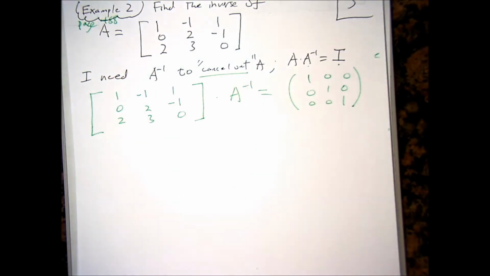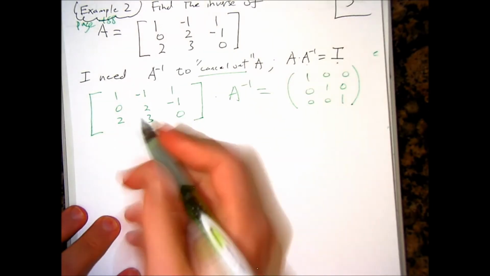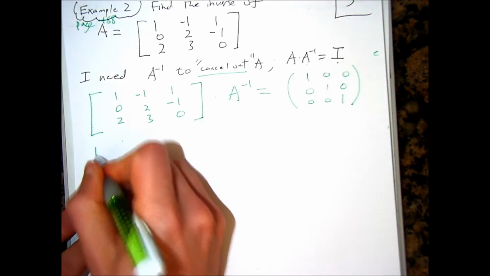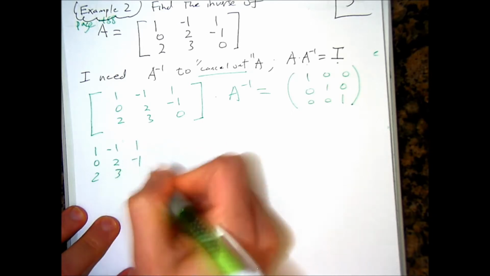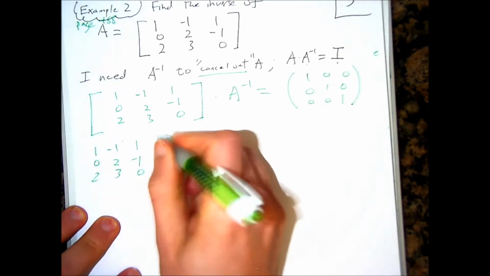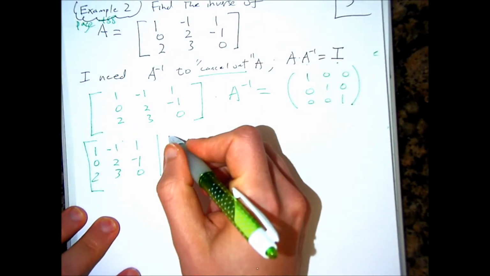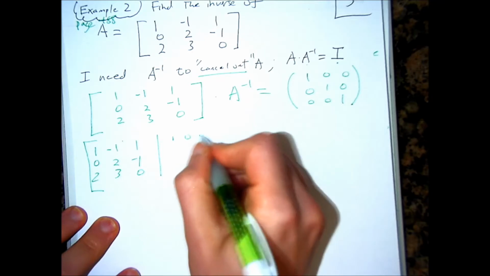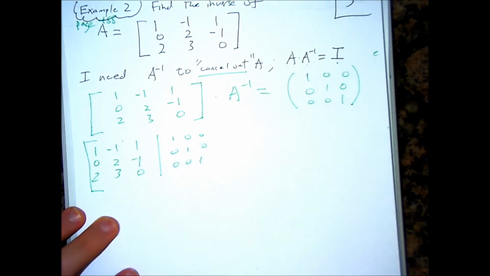The book goes into more detail on page 488, and it explains the logic of a faster way, and why we write it like this. 1, 0, 2, negative 1, 2, 3, 1, negative 1, 0. So this is just A all over again. And then you write an augmented matrix, but instead of just one vertical line, you're going to write the identity matrix: 1, 0, 0, 0, 1, 0, 0, 0, 1. And the reason we're doing that